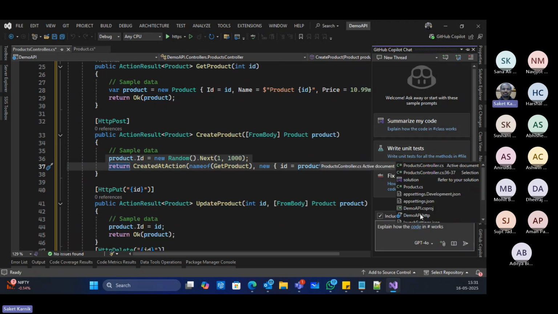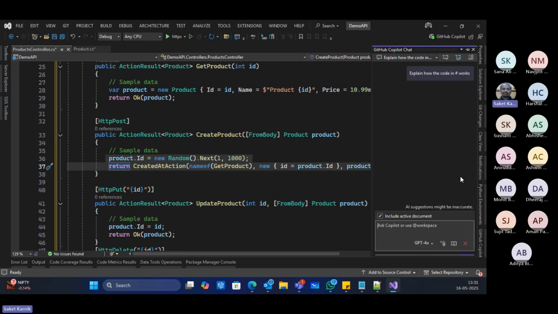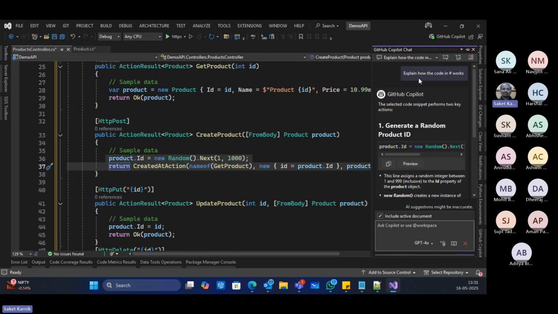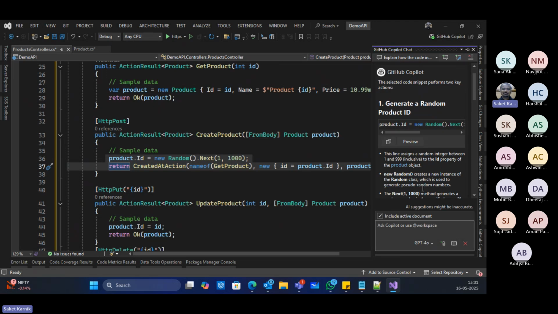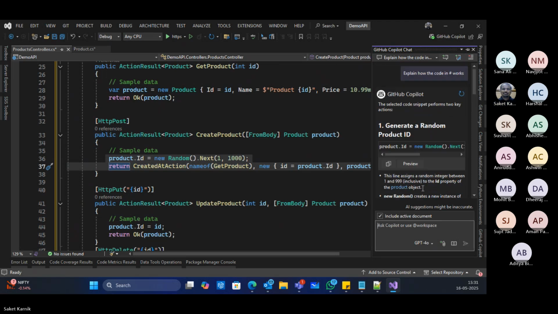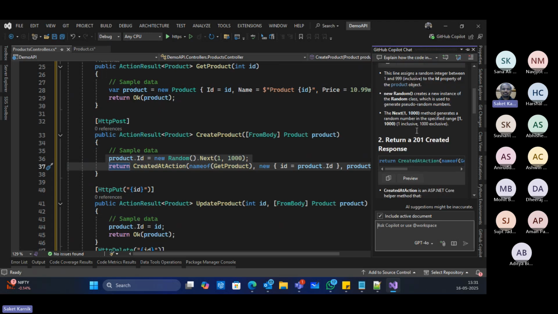I can say summarize my code, which file it is asking. So let's say I'm looking for the active document and say submit. This is useful for maintenance. Yes or no? Right? All details are there. We don't need to actually read any documentation or anything. In real time, it's just giving me all the inputs. It is just doing something what a senior would do.